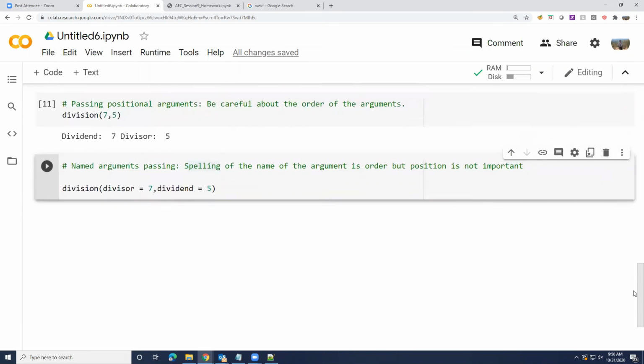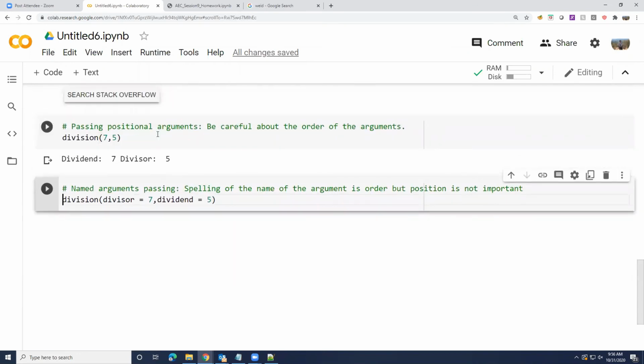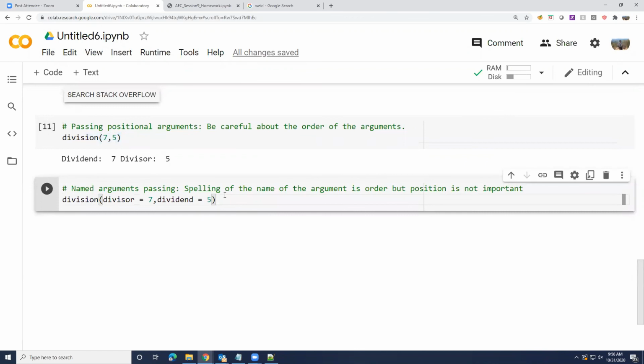So as you can see, this is like one step forward than this, right? If anybody feels these two are the same, that's okay, it's your personal choice. But to me, it feels like this is one step forward because it's more clear what I'm trying to pass to the function this way.